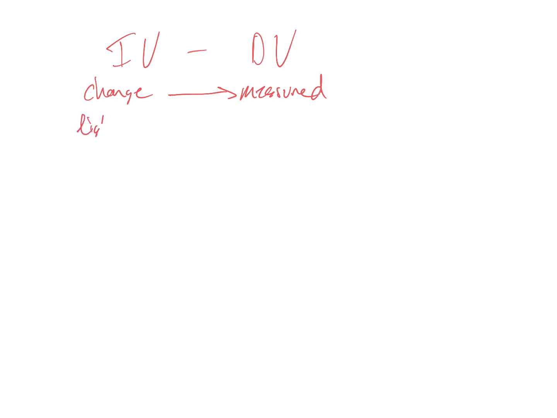Variables, just briefly. So independent variable, IV, and dependent variable. The independent variable is the one that we change in our experimental setup. The dependent variable is the one that we're measuring as a result. So how does that change affect the measured variable that we're testing? One example would be, how does light affect photosynthesis?